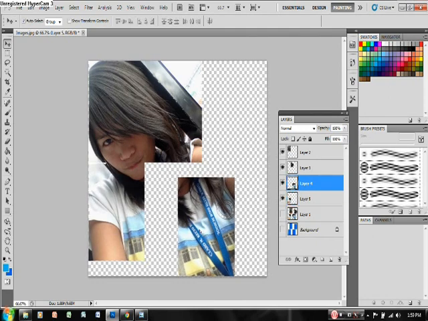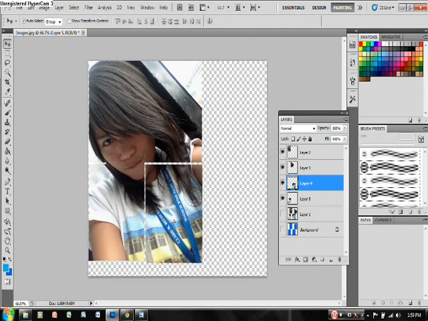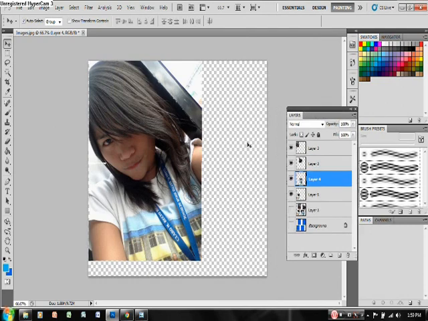Then another one. Okay, well, already done. It's now the original picture, reassembled to restore again the original picture.